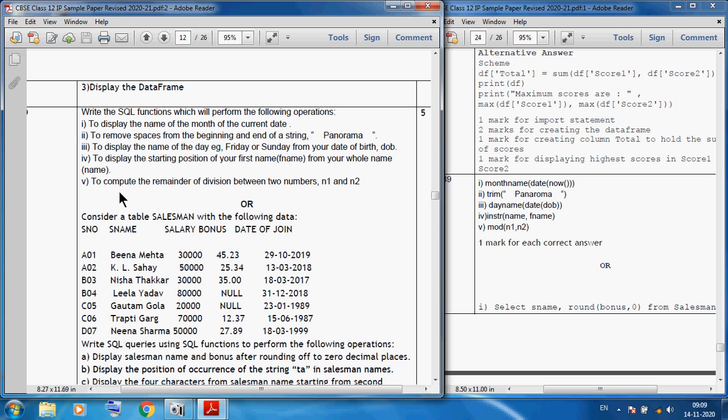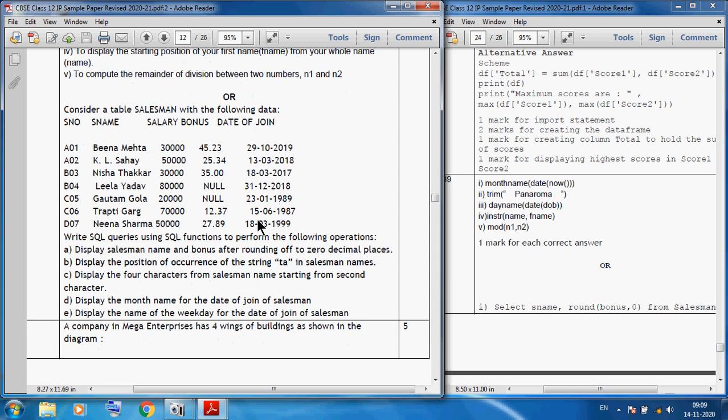To compute the remainder of division between two numbers, we use the mod function. So you can see mod n1 comma n2. This type of question you can see. Now the next question is,